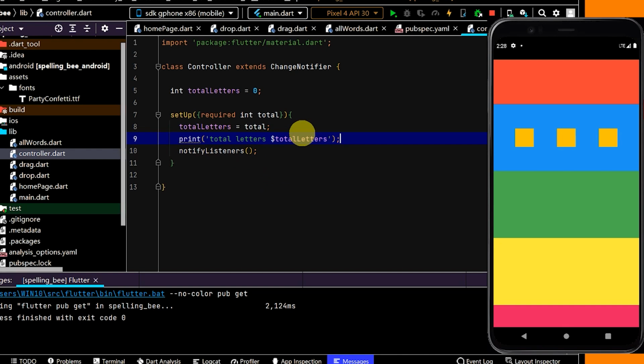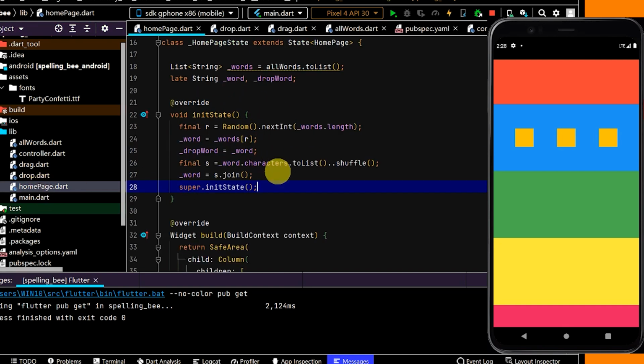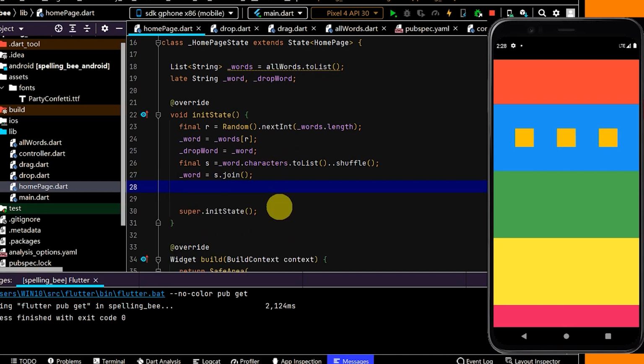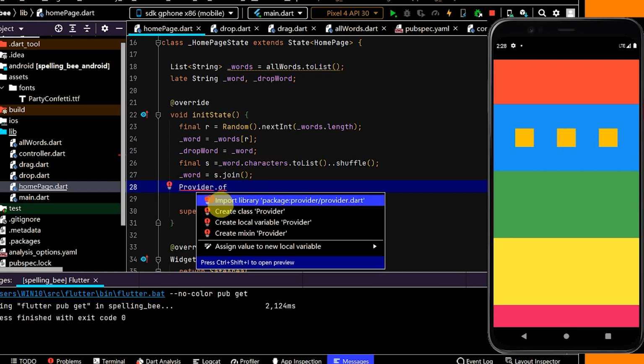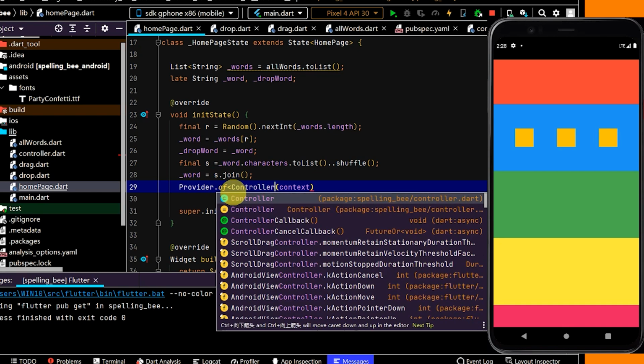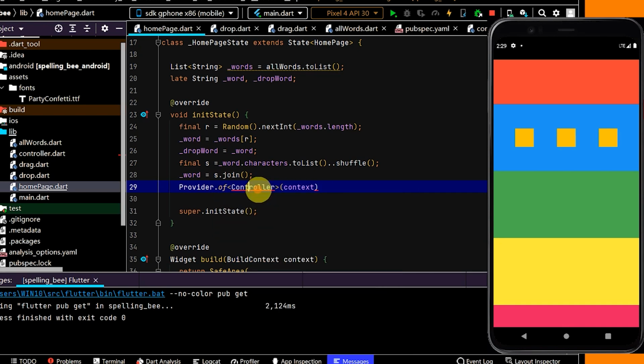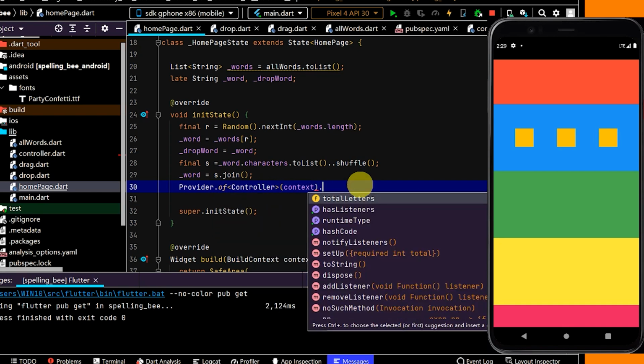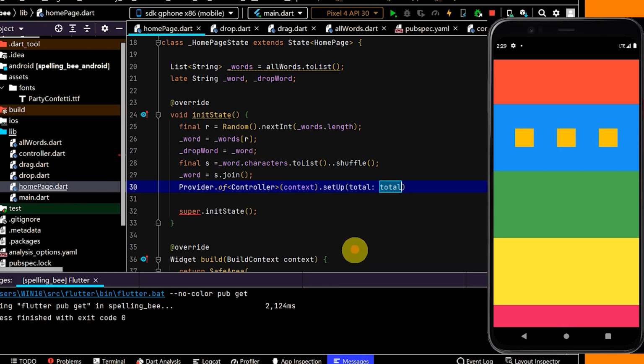Now let's call that from where we create a word, which is in our home page, and here I can write Provider.of. I can use the static method on the provider, or import the provider package, of context. I need to pass in the type, which is Controller, and import that library. Now I can access any of those properties or methods. So the one we care about is setup, and then I'll pass in